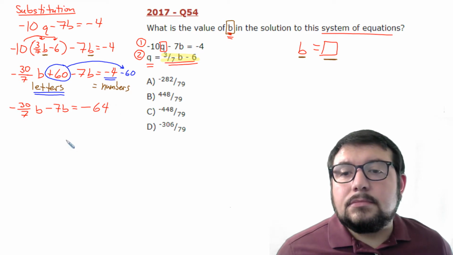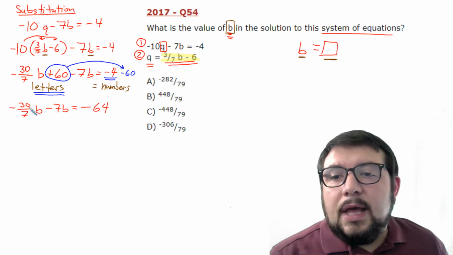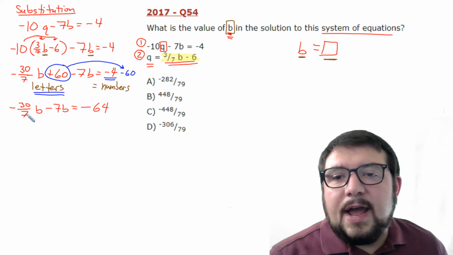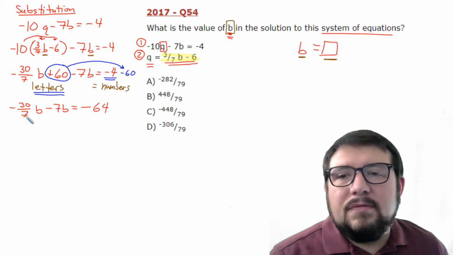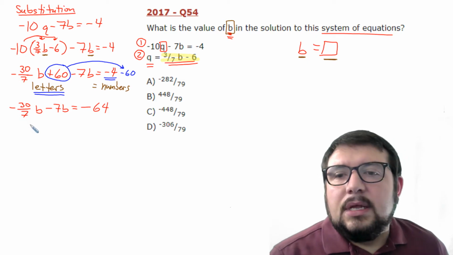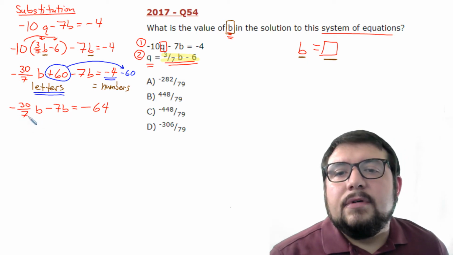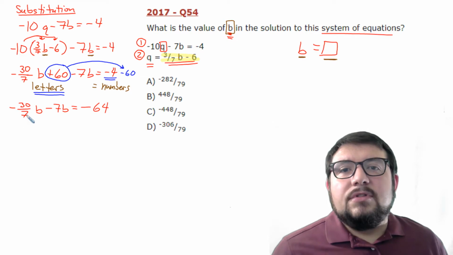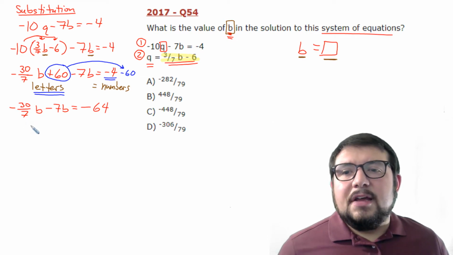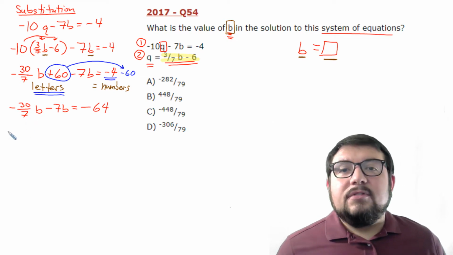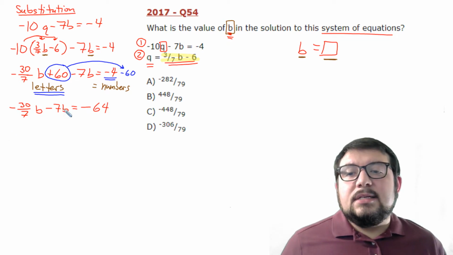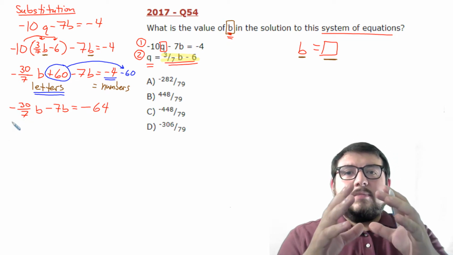Okay. So now we're really getting somewhere here. So the next thing I need to do is deal with this fraction. There are a couple of ways that I could do this. However, let's do it the way that I see is the easiest. In order to make this thing have no fractions, because many students don't like fractions, what I'll do, since it has a 7 on the bottom, I'll basically make the equation